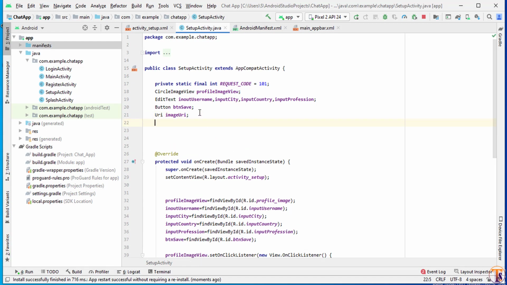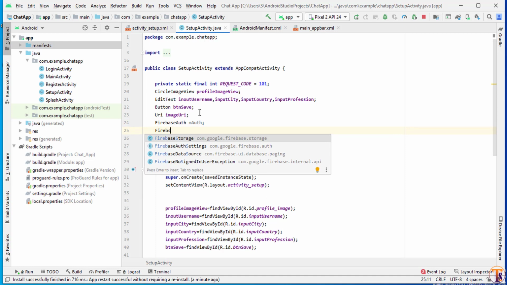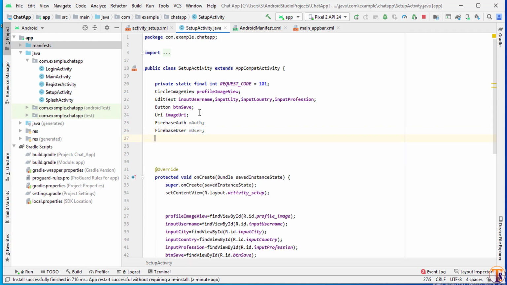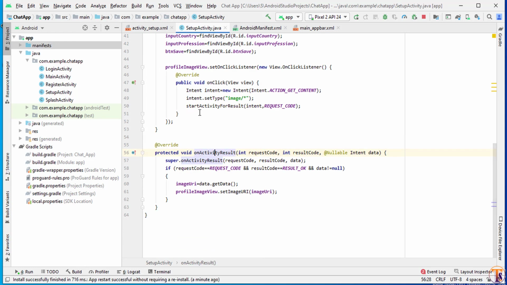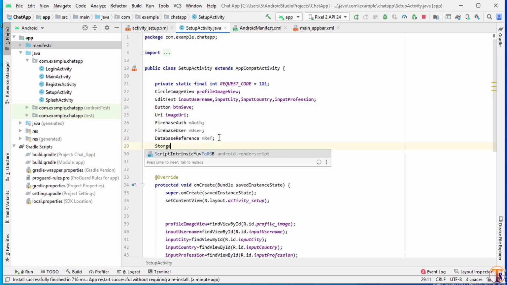So here we will create Firebase auth. So m auth, Firebase user, m user. So now database reference, I simply call it mref, and also we need storage reference because we have to store the image.